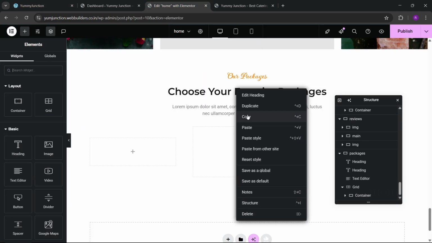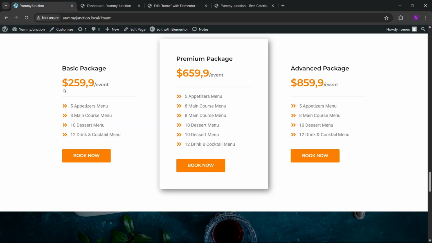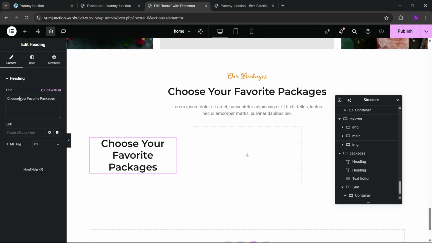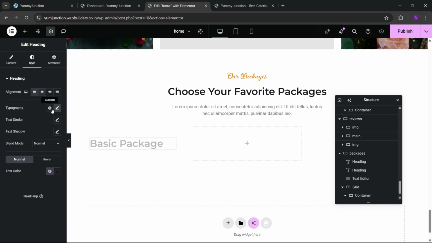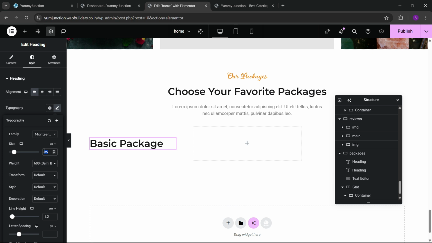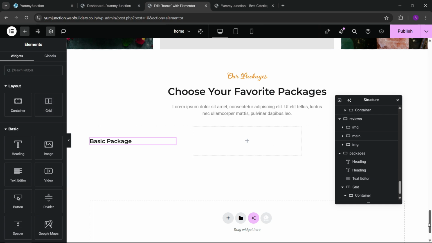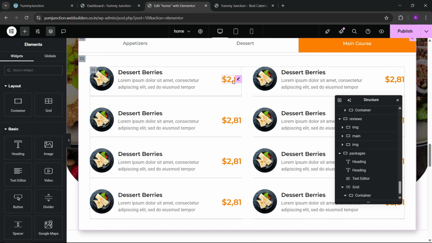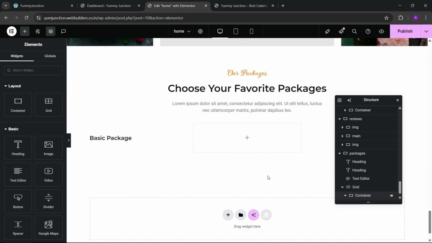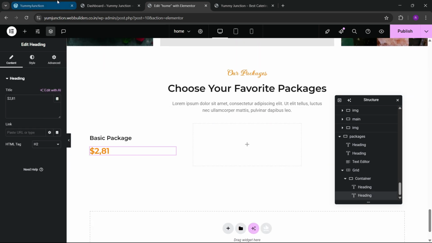Okay, now we can copy this from the top, paste it here, and here we can write basic package. Okay, and here we can write 20. Okay, now we can go to the top, and here we can write copy. I'm gonna copy this, paste it here. Now you can see that here we have this slash event also. So for that, what we can do, we can add a HTML tag here, span. Okay, we can edit here slash event. Okay, and we can again add a span tag here, close this,